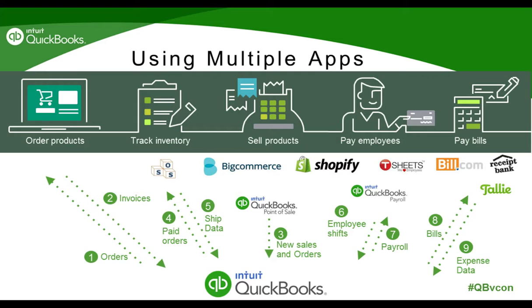So, different things that we can look at here. Let's see, let's just get all these on here. So another way where we're using multiple apps, our workflow is to order products, track inventory, sell products, pay employees, pay bills. So how can we do that? Well, that's what we're going to look at. We're going to look at what app is going to help us in ordering our products,